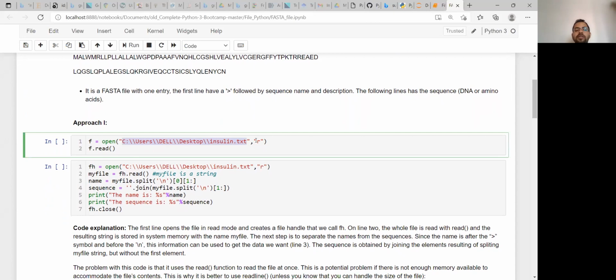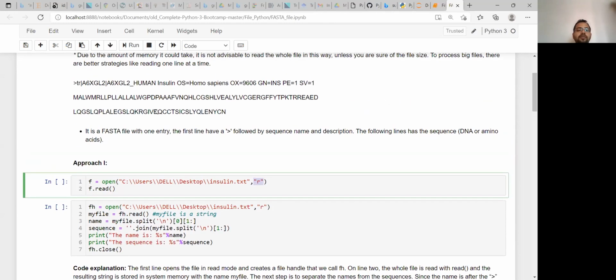And I have also passed the r mode. That means this file will be read only; nothing will be written on that particular insulin.txt file. Now, if you look at how this insulin file is arranged, basically this is the file. It is a normal text file, and these three lines will be there. I kept it on my desktop.